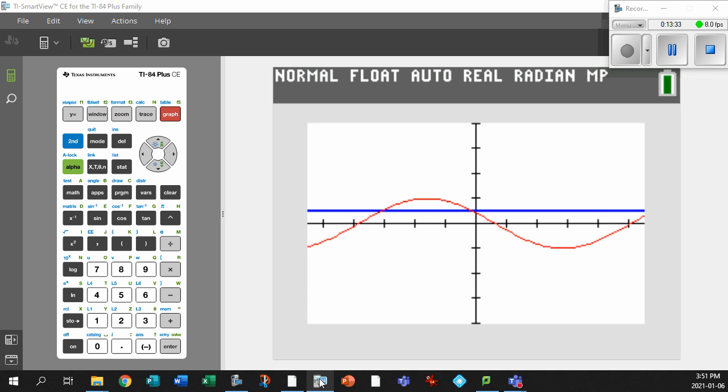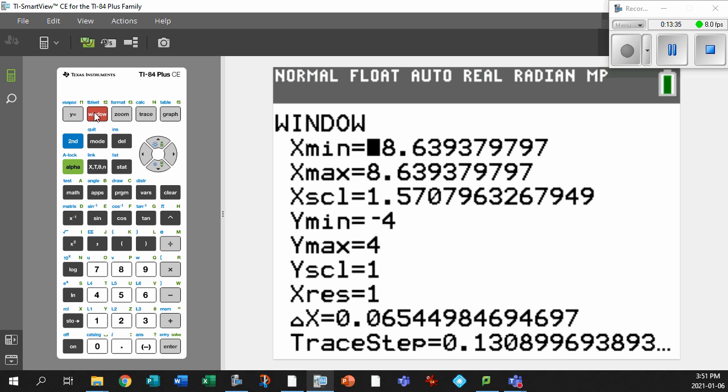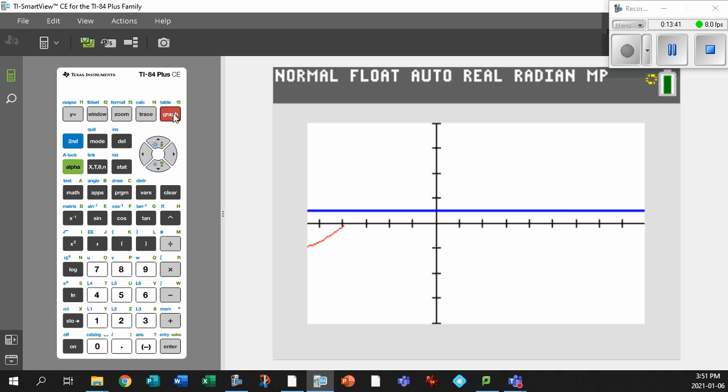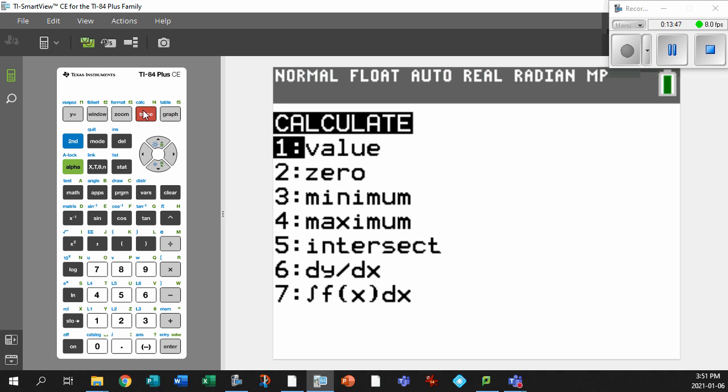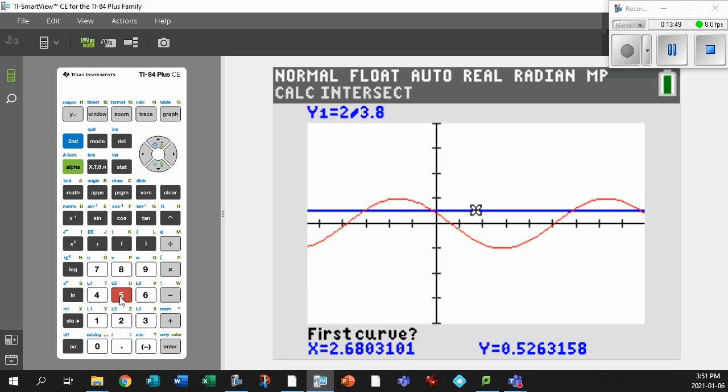Okay, so let's change the window settings. Window, let's make the X window up to, I don't know, let's go 14. What would that mean? That would mean it's 2 o'clock. Okay, and boom, there's the intersect finally. Okay, second calc. Let's find the intersect, 5. Move it right on over to there. There it is. Enter, enter, enter. And we find out that its intersection is at